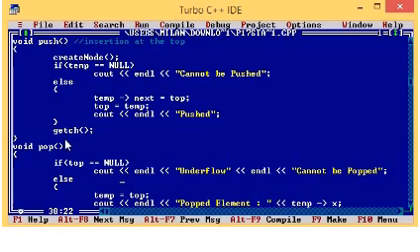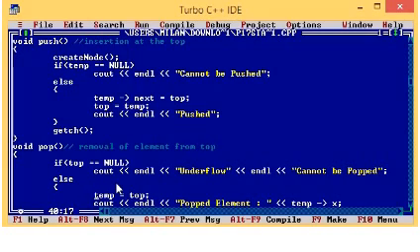Pop means removal of an element from the top of the stack. If you are pushing into a bucket, in our day-to-day life, where do you push? On the top. If you are removing an item, we will be removing from the top only. So removal of an element, or whatever the object, is from which location? From the top. So, if top itself is null, what do we remove? Nothing is there to remove, so we cannot remove. We will simply display a message: underflow, cannot be popped. Otherwise, what do we do?